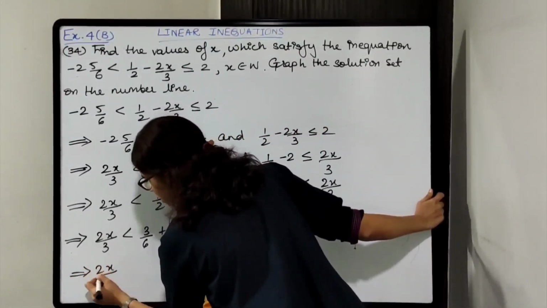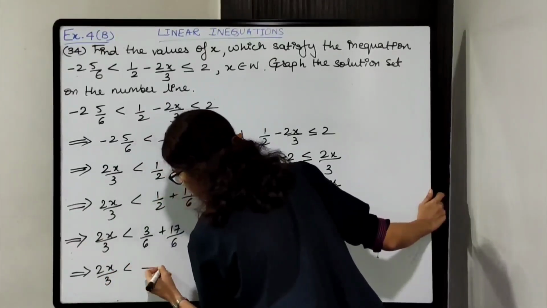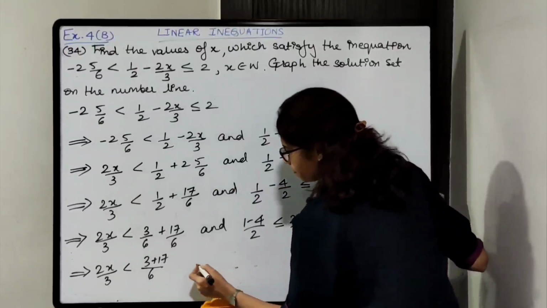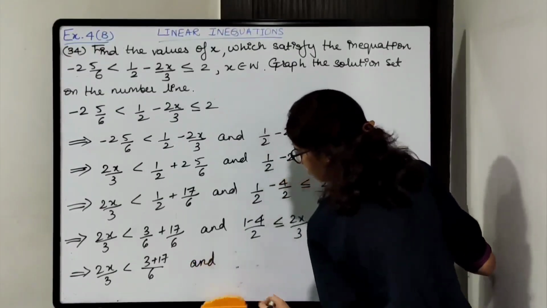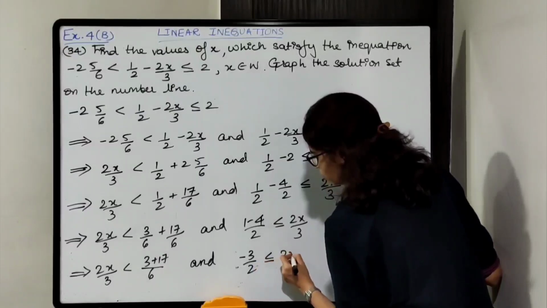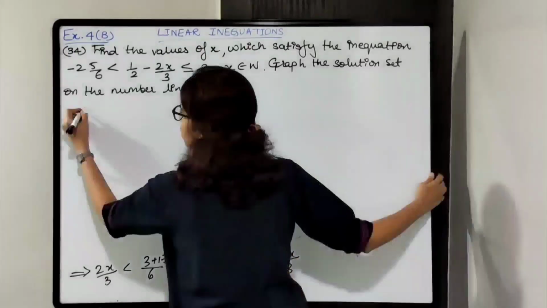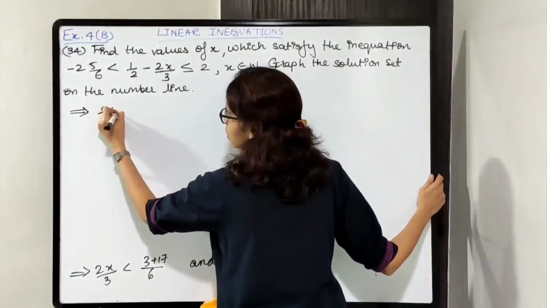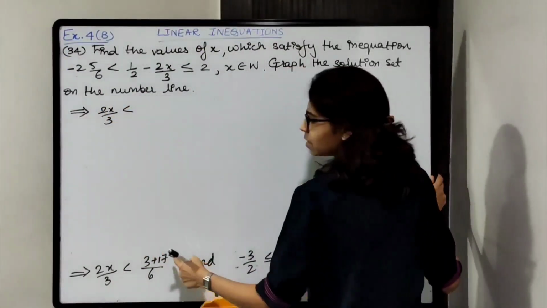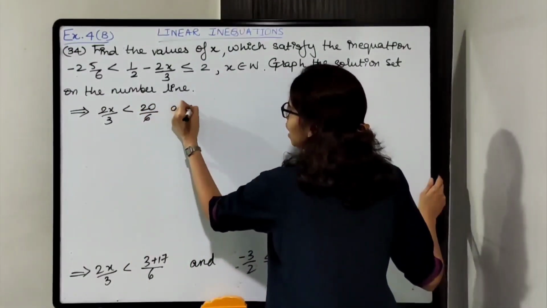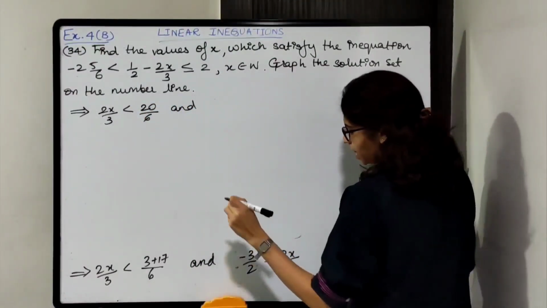So 2x by 3 is less than, 6 common, 3 plus 17 will give 20. And over here minus 3 by 2 is less than or equal to 2x by 3. Solving further, 2x by 3 is less than 20 by 6 and over here minus 3 by 2,